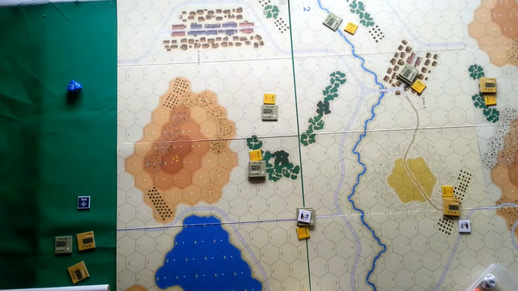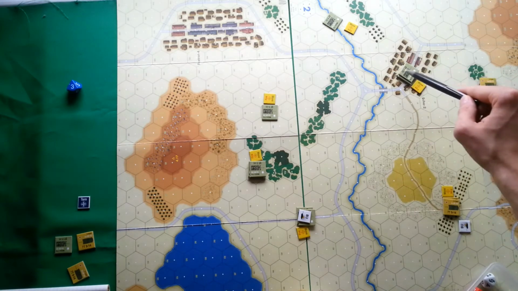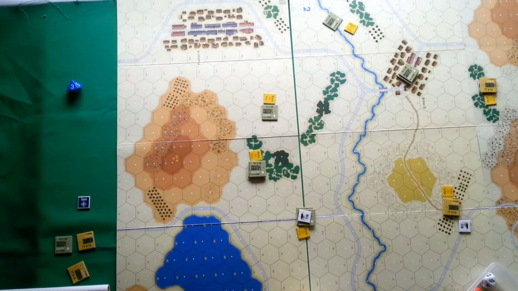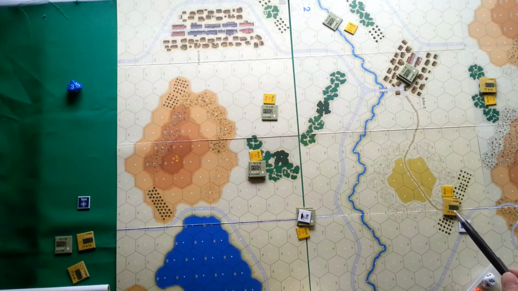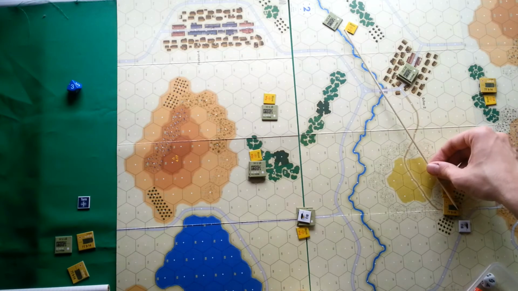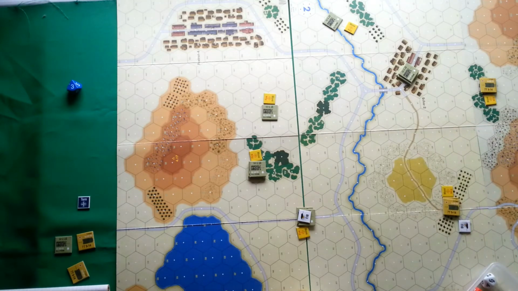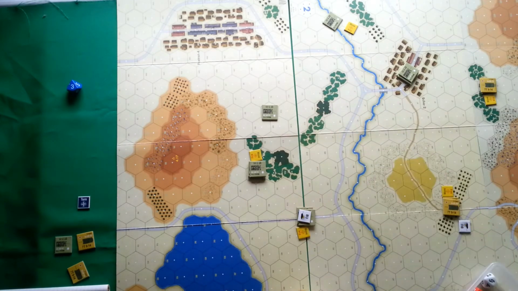So let's start turn 3. We are starting with spotting phase, and now these tanks are clearly invisible for anyone because they are all surrounded by the buildings, and the buildings provide excellent cover. Now this tank, I think it is not visible for enemy as well, but I'm going to check if this... yeah, yes, they can see them. They can see them, so no,